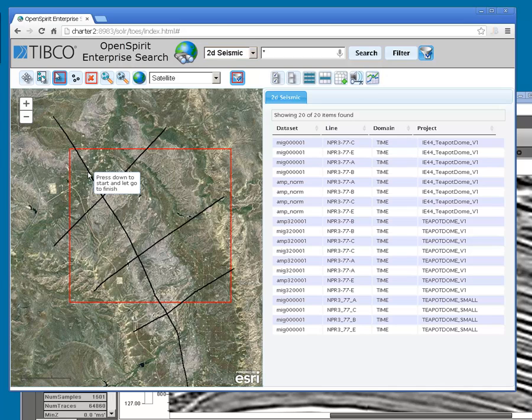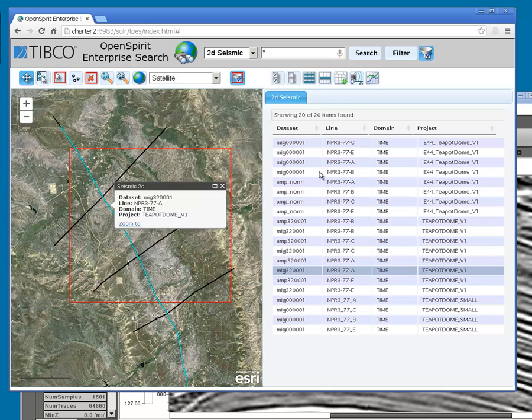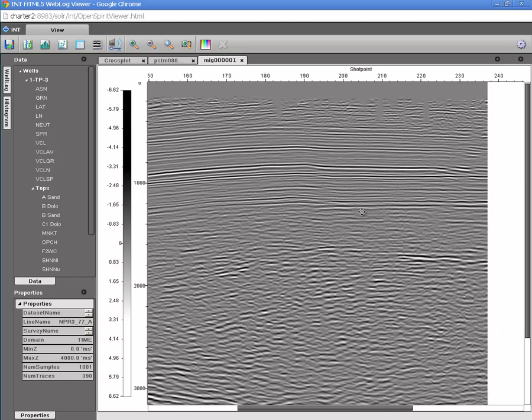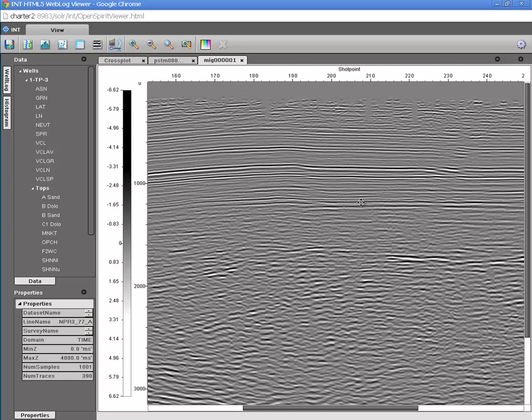Let's select a line here, and you see the line highlighted. And let's ask for it to be plotted. Actually, we want to get just the one from this well here. There we go. We'll go ahead and plot that seismic line, and it causes that 2D data to be retrieved and plotted inside of the web browser. So a very powerful way for you to very easily find data, well, seismic, interpretation data, across your diverse data